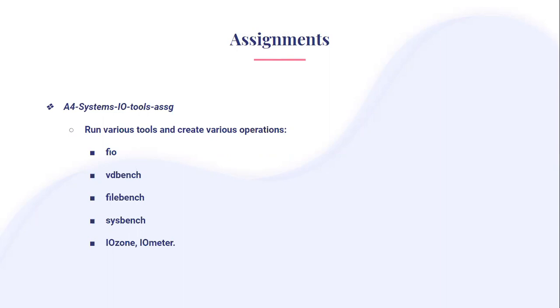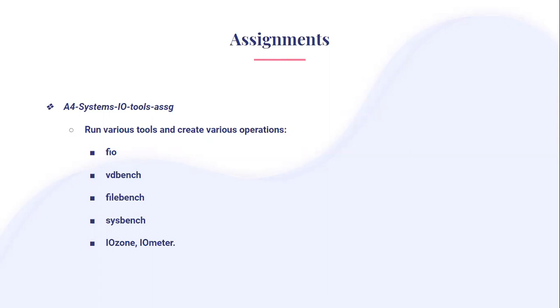VDBench also has an option where you can give a percentage of read and write as well. Like for a single file you create 80% read and 20% write. So if we have to create 10 files, then on 8 files it is doing writes, and on 2 files it is doing reads, right?